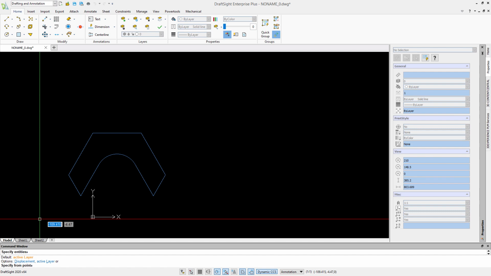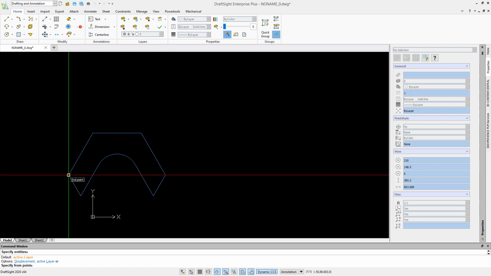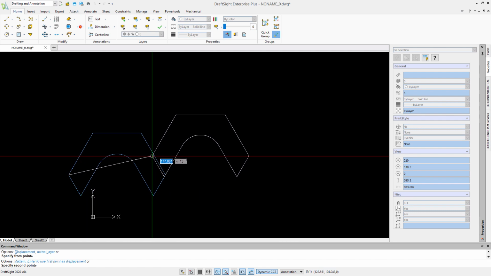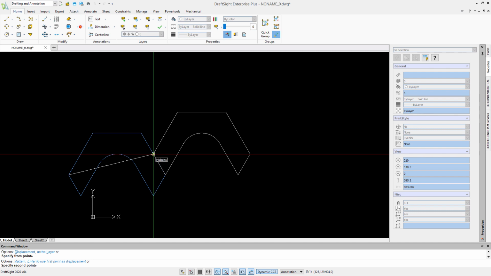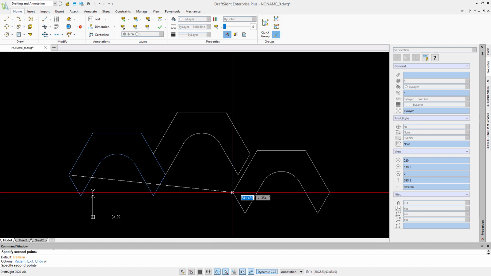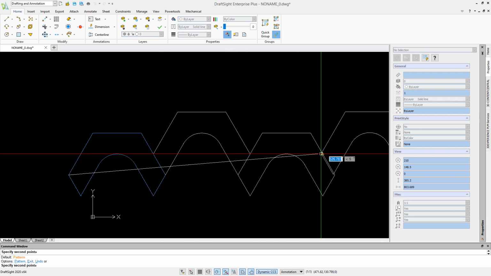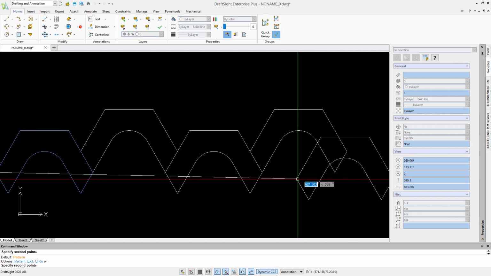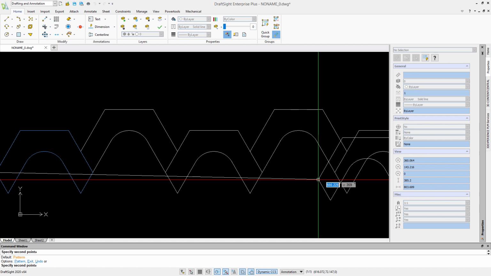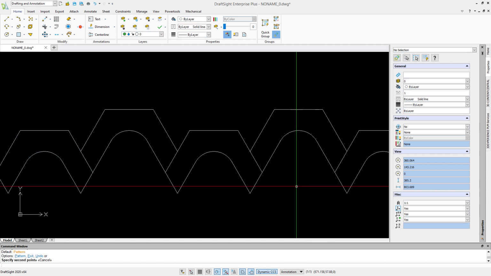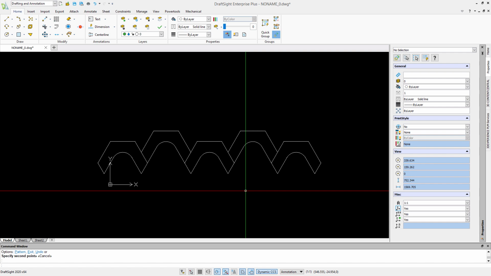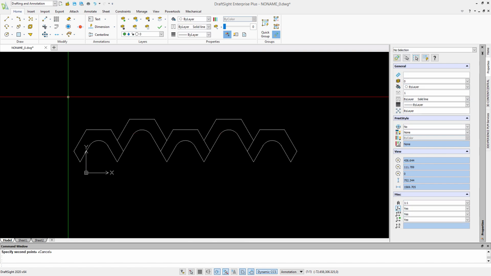Then it's saying where do I want to copy from and to. So again, I can use those entity snaps, or I could type in coordinates. So I'm going to start my copying from this point here, and let's just copy it across onto there. We'll create a little bit of a pattern perhaps as we're going across. Okay, so the copy command just keeps copying multiples until you feel you've created enough. Let's just put one final one perhaps over there. Okay, so there we have this simple bit of geometry.